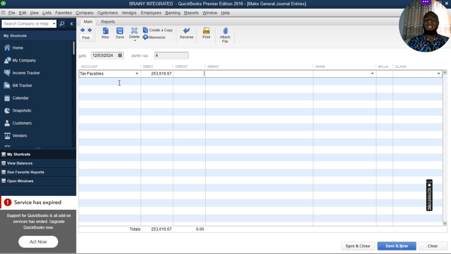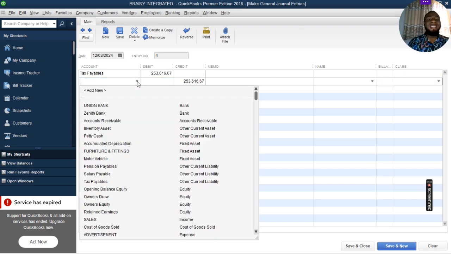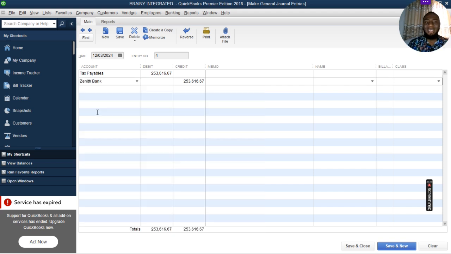Sometimes I know that they are not remitted at the same time. They all have their different remittance deadlines. So I want to do it individually. I've debited the tax payable account. Now I'm going to credit the bank account, which is Zenith Bank. So the memo can be